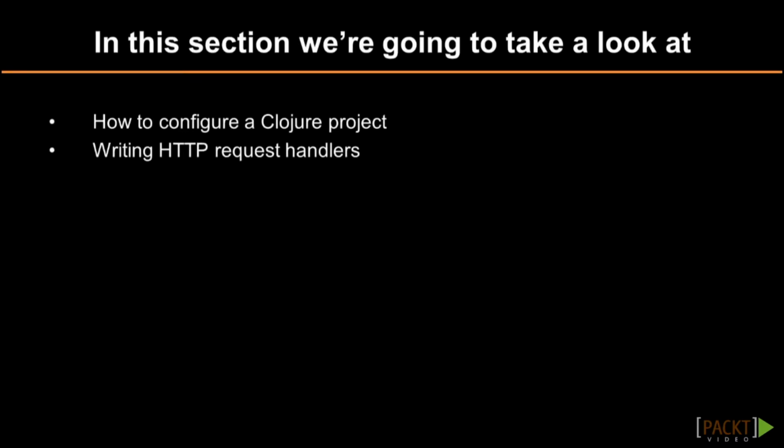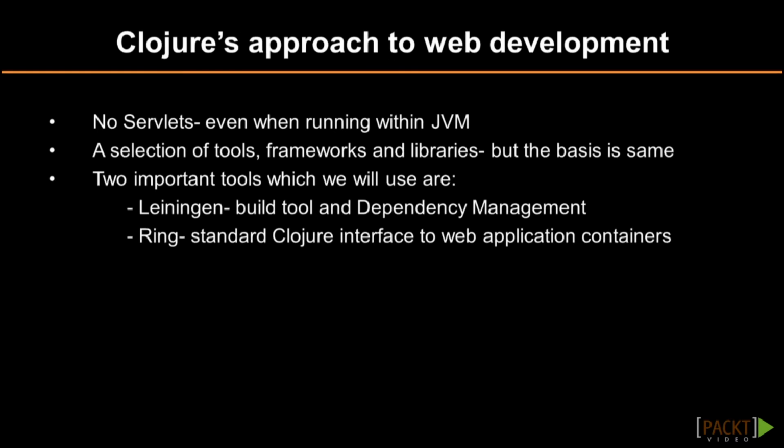In the first section, we'll learn how to configure a Clojure project, connect necessary tools, and write our first HTTP request handlers. Please note that there are a number of Clojure web application frameworks and utilities, but in these videos, we will focus on the general techniques, not the specific frameworks or implementations. Still, there are two tools that are the basics of virtually every modern Clojure web application: Leiningen, the build tool, and Ring, which maps HTTP and other requests into Clojure function calls, somewhat similar to Rack in Ruby and WSGI